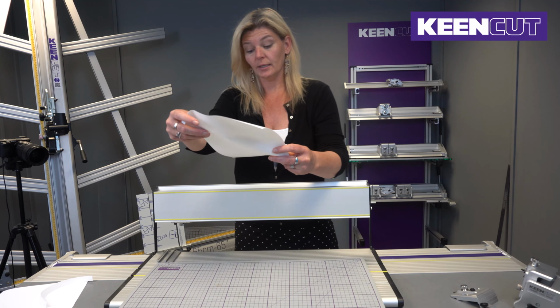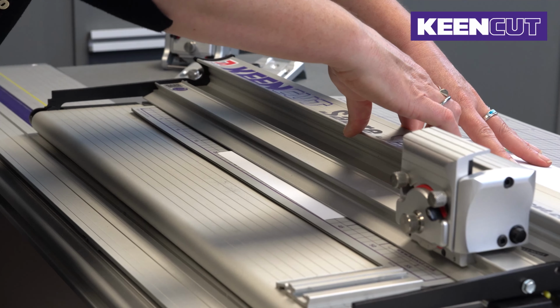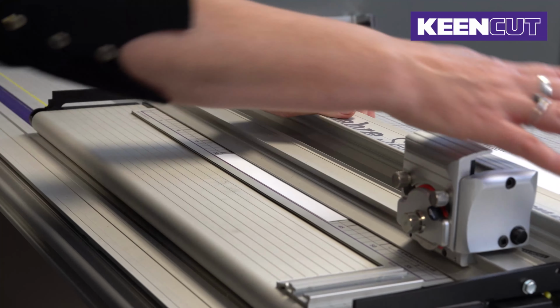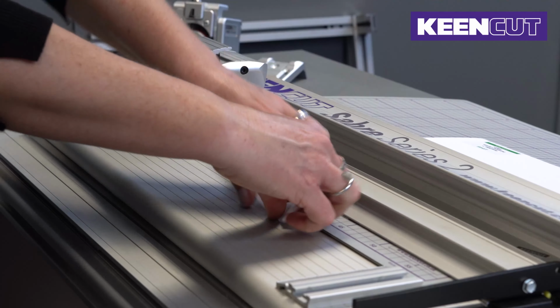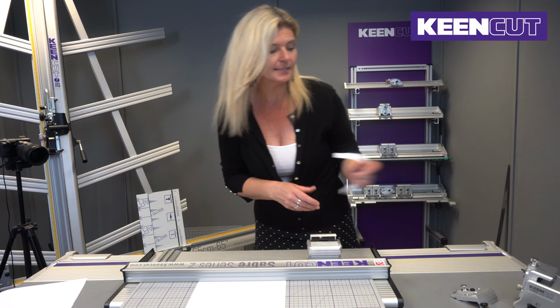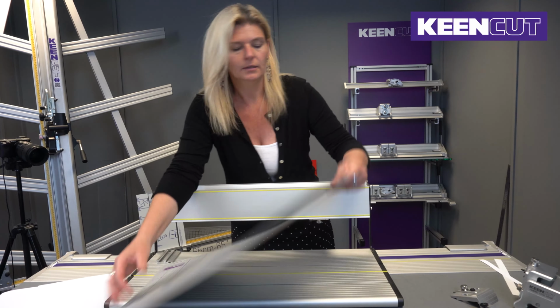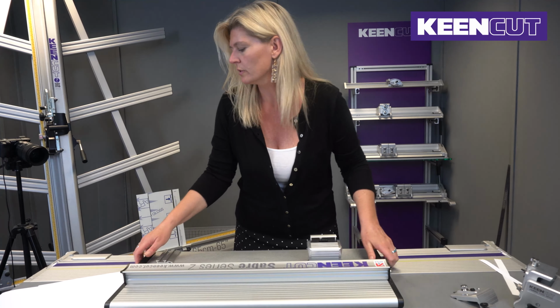This is the rough text polyester canvas. So we will do a test cut on this, again with the rotary head, lining the material, a bit of pressure on the rotary head, sliding it across, and then you get your cut. So that cuts really easily on the Sabre. Take this away, and I'm going to now use